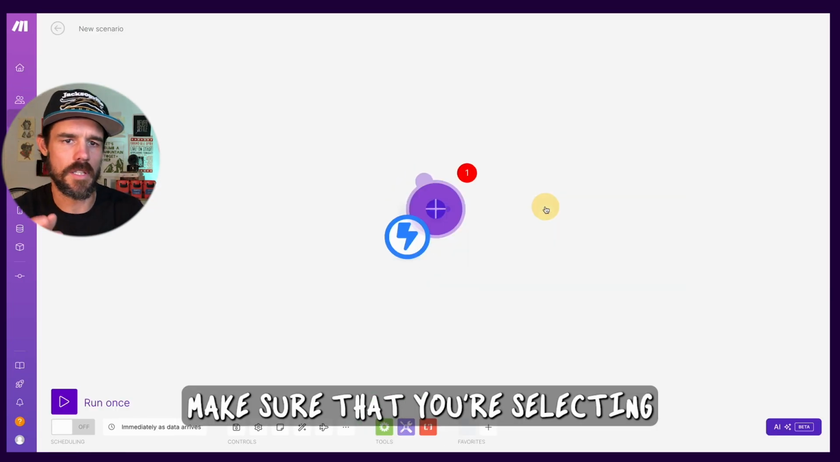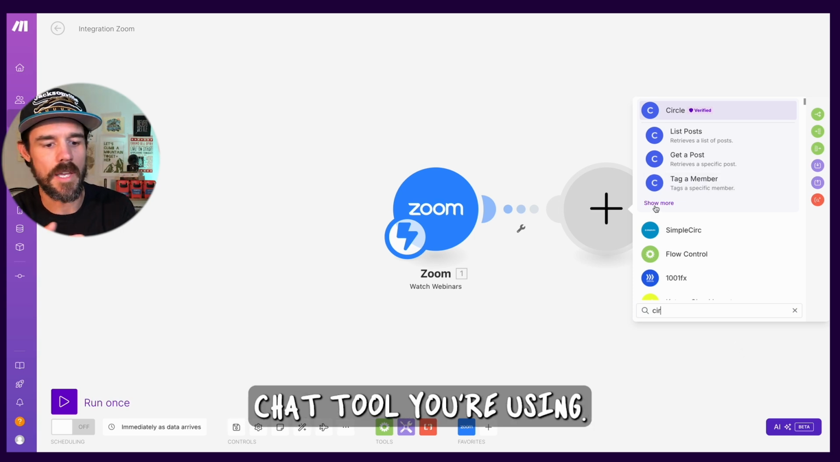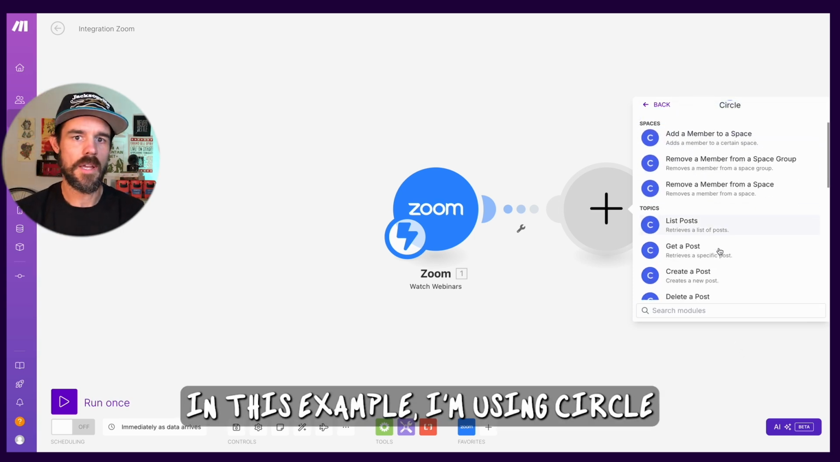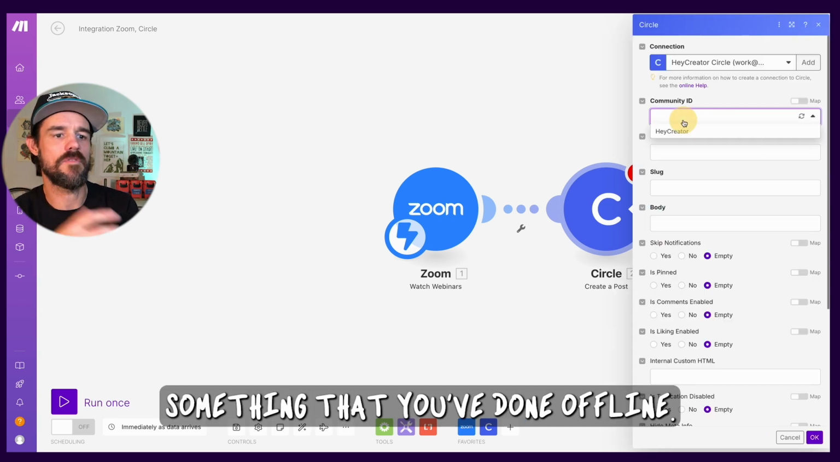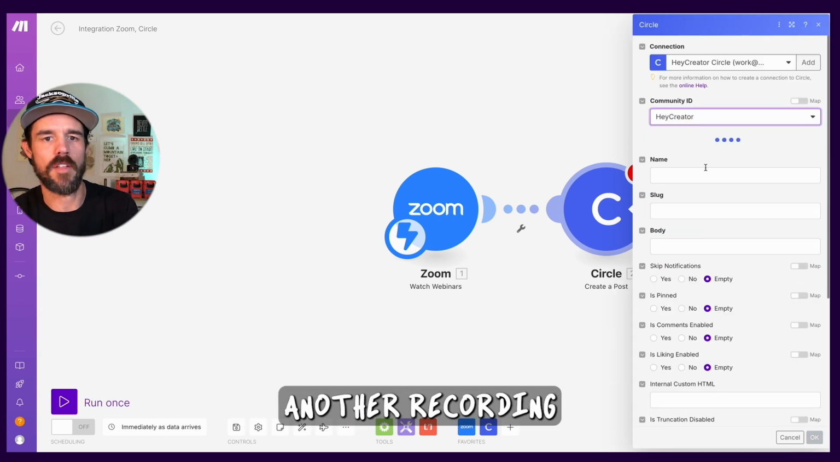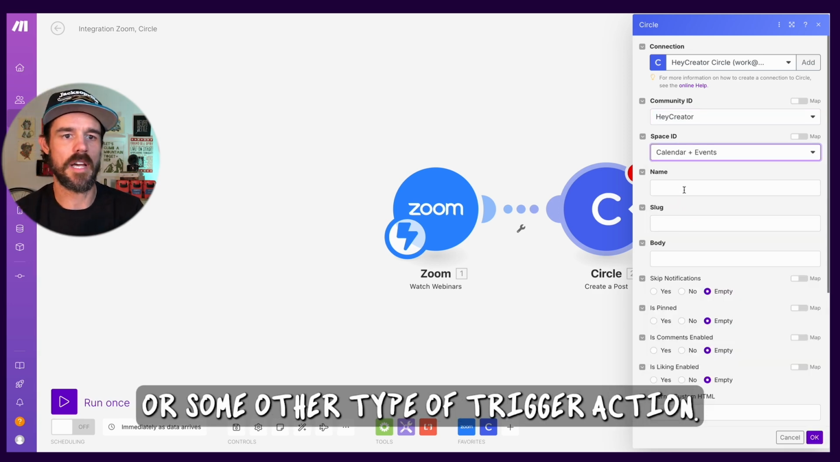Make sure that you're selecting the community platform that you're using, or whatever chat tool you're using. In this example, I'm using Circle. And then you're going to create the post around something that you've done offline. So maybe this might be another recording of a group call that you've done or some other type of trigger